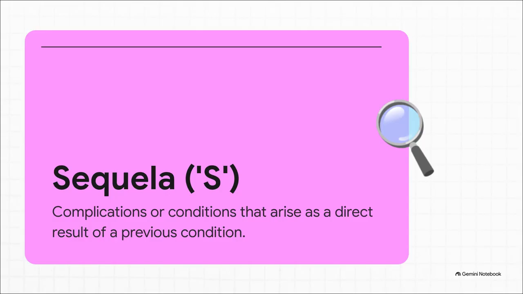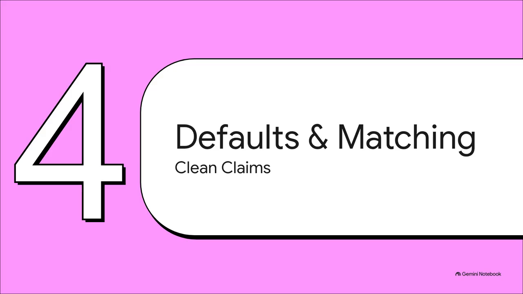And this exact same limitation applies to a sequela, meaning a late effect or residual condition, which gets the 7th character S. Just like with subsequent care, we completely drop the place and activity codes here. Why? Because we are no longer at the original scene of the accident. You only use the main external cause code with the S extension to show the historical link to that past injury. Let's move into our fourth and final section,